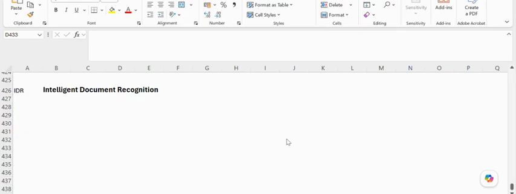Hello everyone. Today in this video we are going to discuss the topic called IDR, which is nothing but intelligent document recognition. So in this video we are going to discuss certain topics about IDR itself. What is IDR? Configuration process,